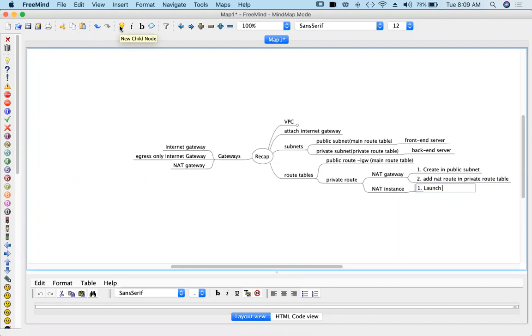Launch the NAT instance in a public subnet, and here the AMI has to be a NAT AMI, so use a NAT AMI.